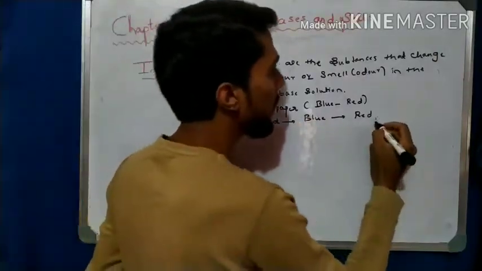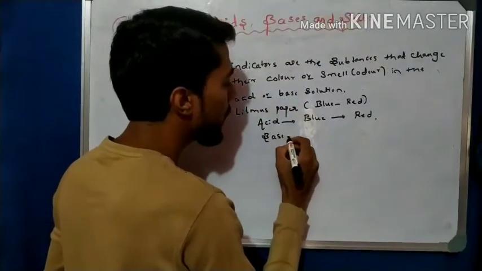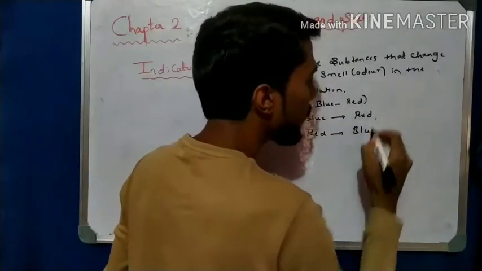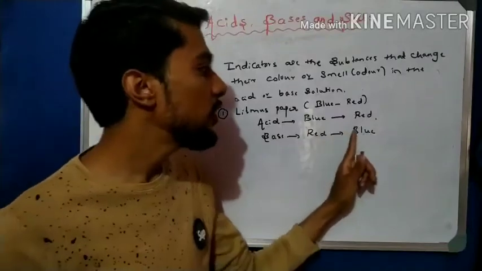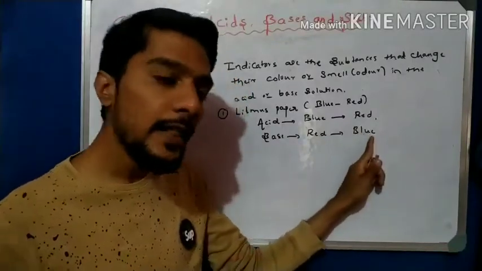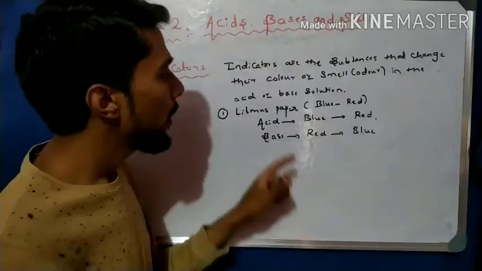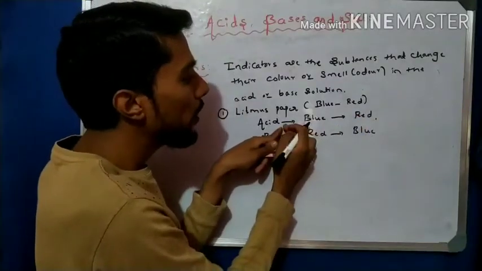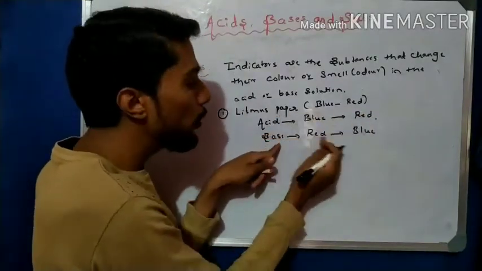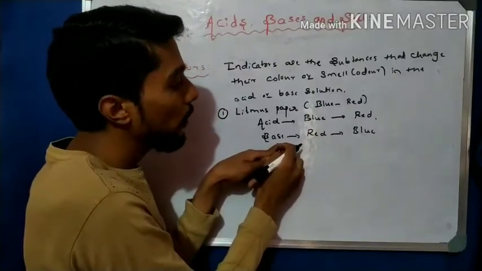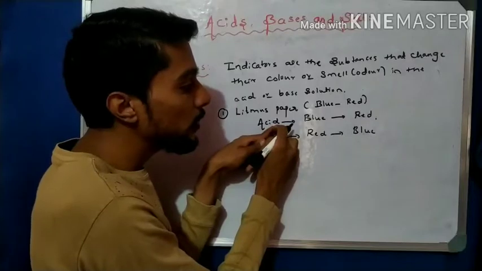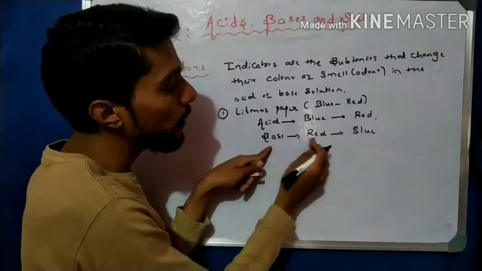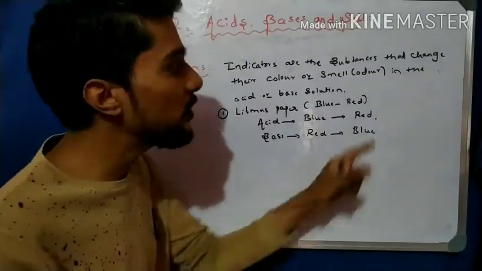If the given substance is a base, then the red litmus paper changes into blue color. This change of color, red to blue, indicates that the substance is a base. In acid, blue turns red, and red itself does not change. If you put red paper into the acid, there is no change. If you put blue paper in the base, there is no change. Acids change blue litmus into red, and bases change red litmus into blue. This is what indicates by changing the color.